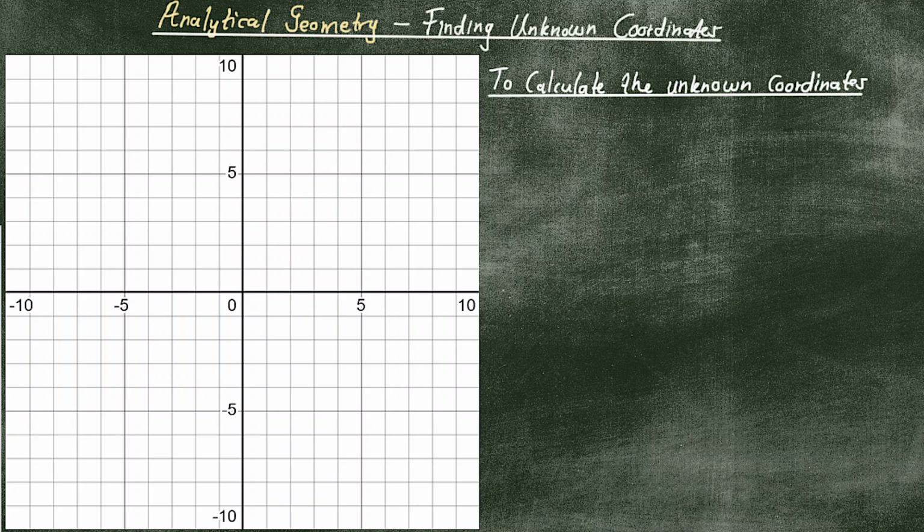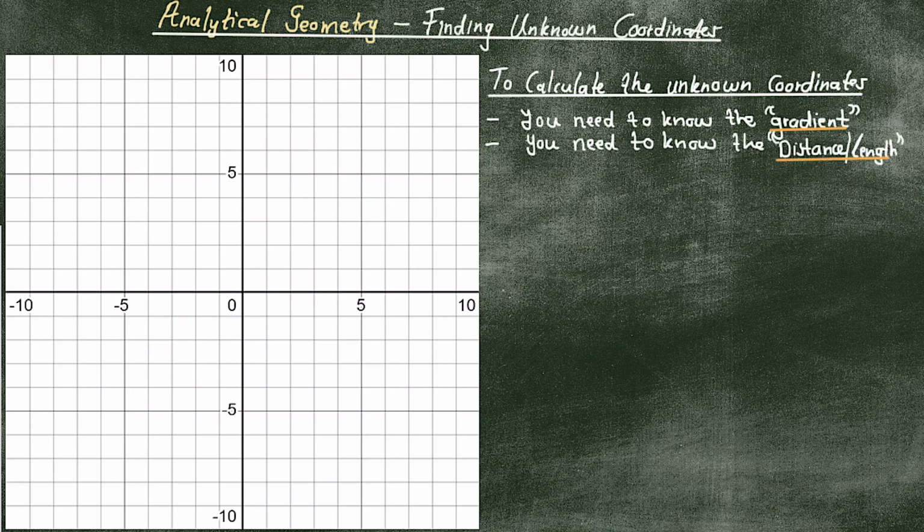The first one is a gradient, so when you have to find a gradient and calculate an unknown coordinate. The second way is using a distance or a length. These values should be given, right? So sometimes you are given a distance or length, and you can use that to calculate an unknown coordinate. And then